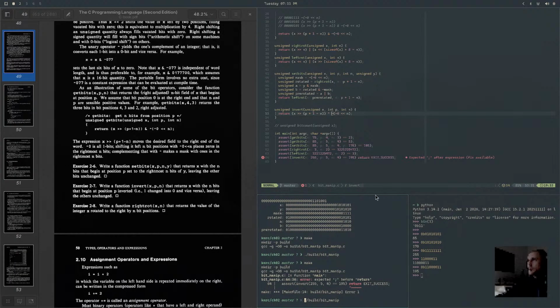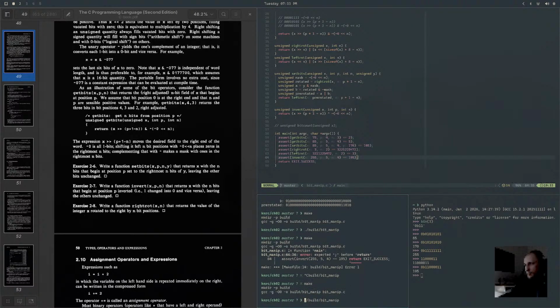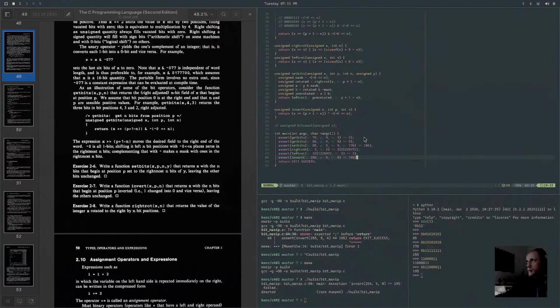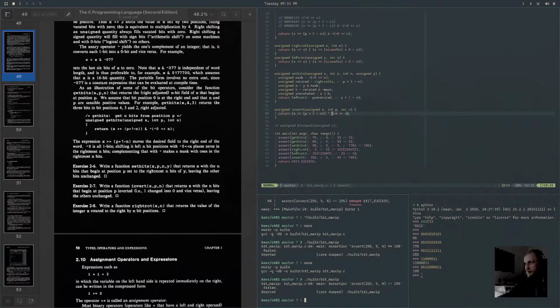Oops. What's going on here? Oh, I forgot to put a semicolon. All right, make. Okay, so we got our core dumped. So I'm just going to throw this over and say, okay, we're just not going to negate the mask and see if that actually solves it. Nope, it didn't. Okay. Well,